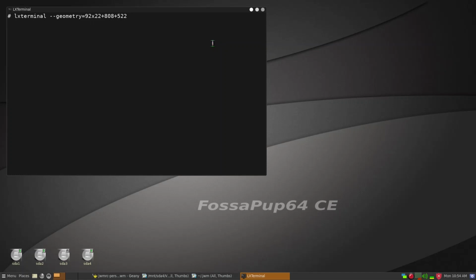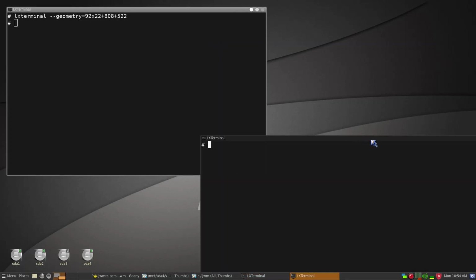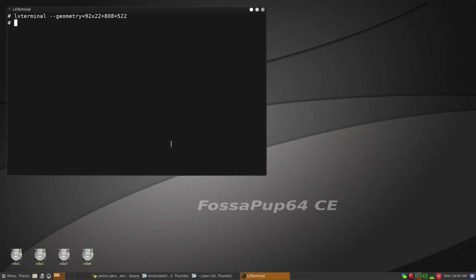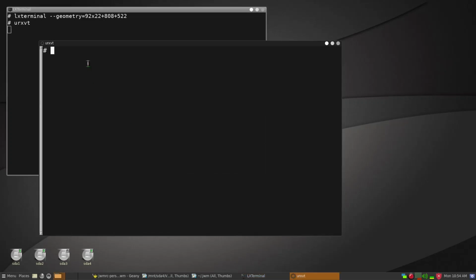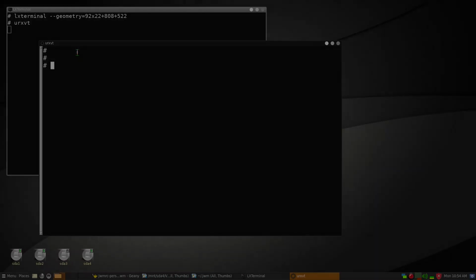If I just enter this, this is what happens, it is placed here exactly where I want it. So we'll get out of this, and similarly we can launch URXVT,